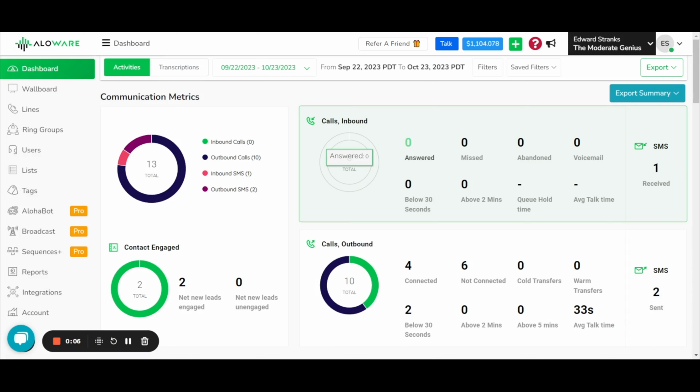Now, as you know, webhooks are one-way data streams and they work based on different triggers, and you can actually create one within your Aloware account. To create one, you need to log into Aloware Classic, which means this is something an admin would do, and you will click on integrations